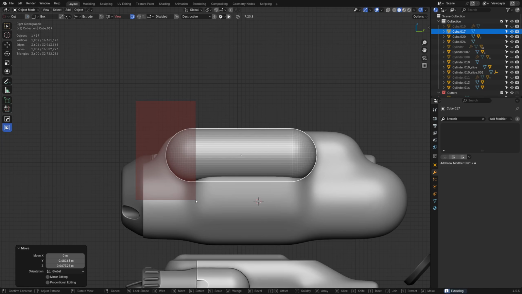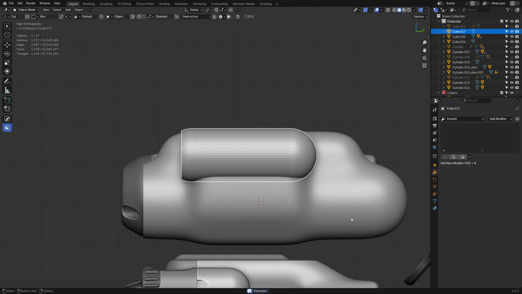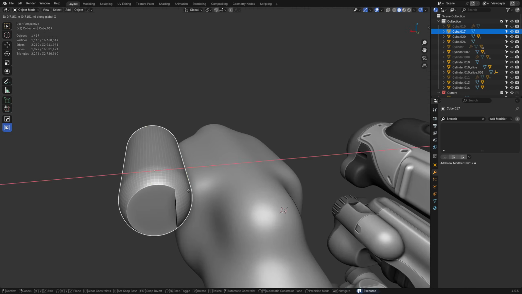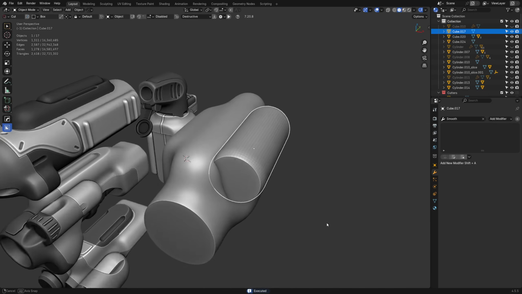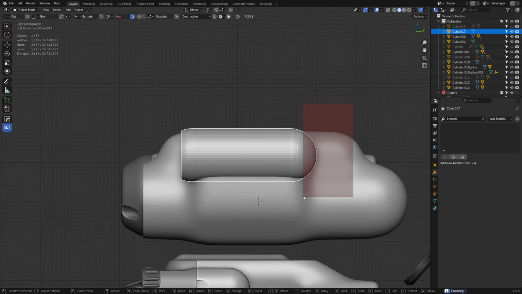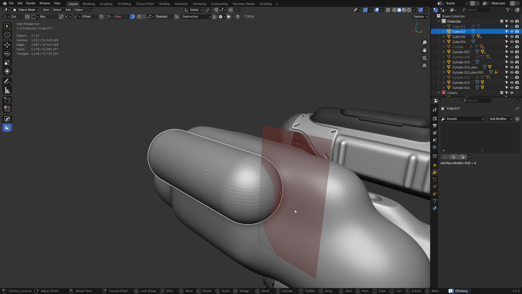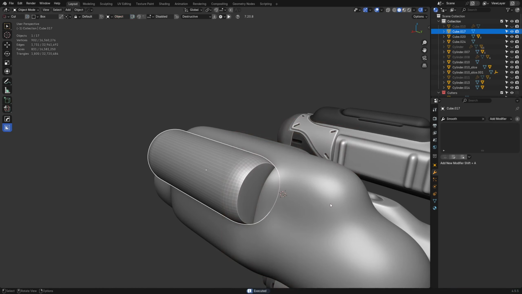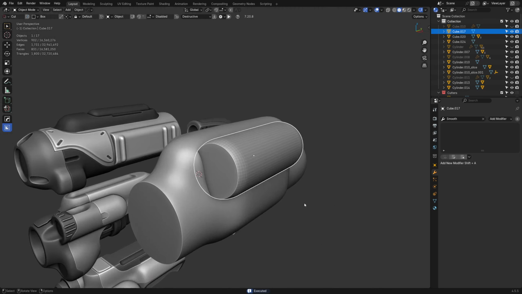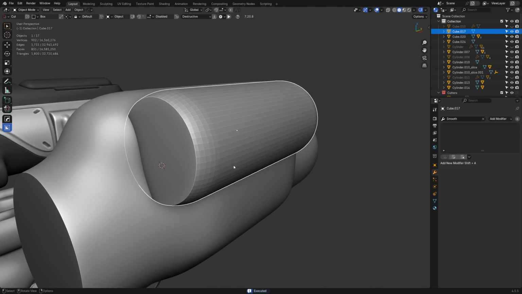Box cut. We can chop off edges or faces. See, sometimes it doesn't cut quite the way you want. So careful with that. Press E twice. Something like that going maybe. But we still want to have this more